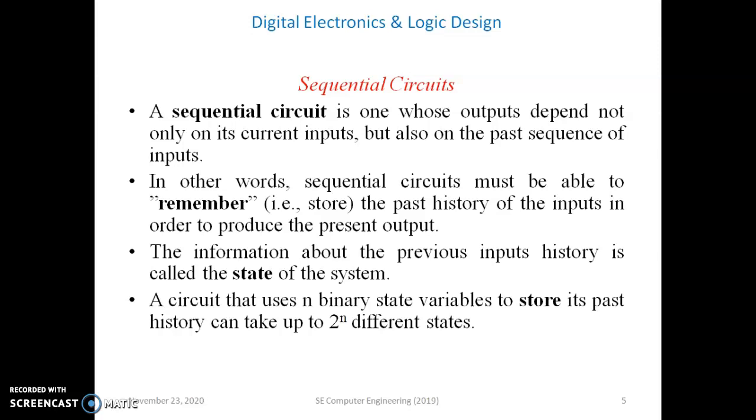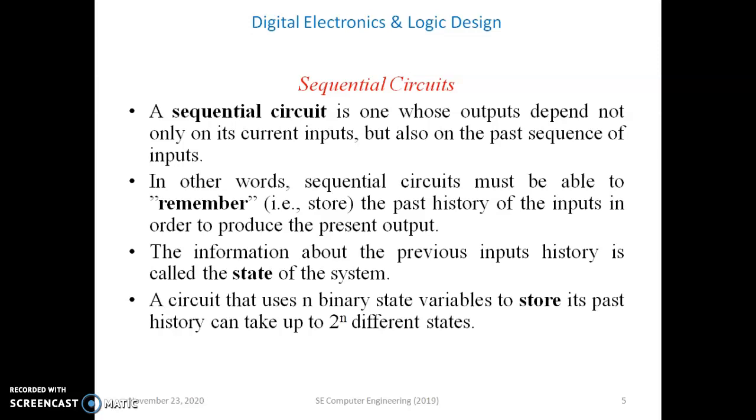Means that 4th state output is dependent on the previous state. What was the previous state? If it is on current 4th state, so it checks what was the previous state, that is 3. And after that it will decide on which state we have to move. That is nothing but the sequential circuit. Means every time that present output is dependent on the previous state input output. So that's why sequential circuit requires memory. It is also a type of digital circuit.